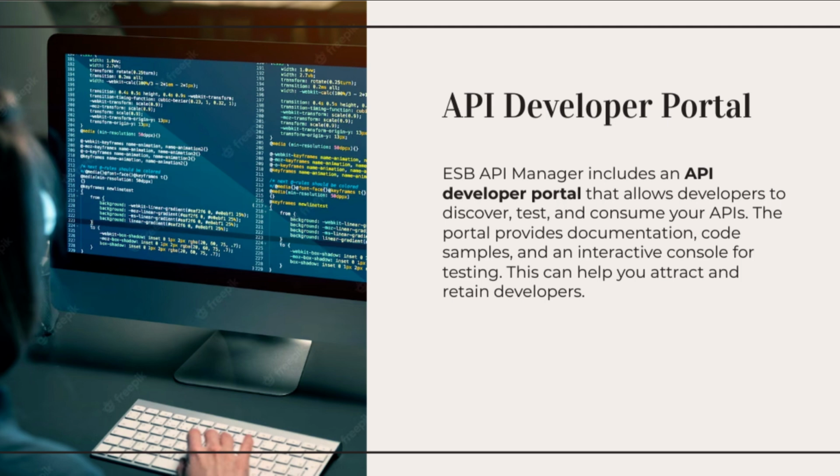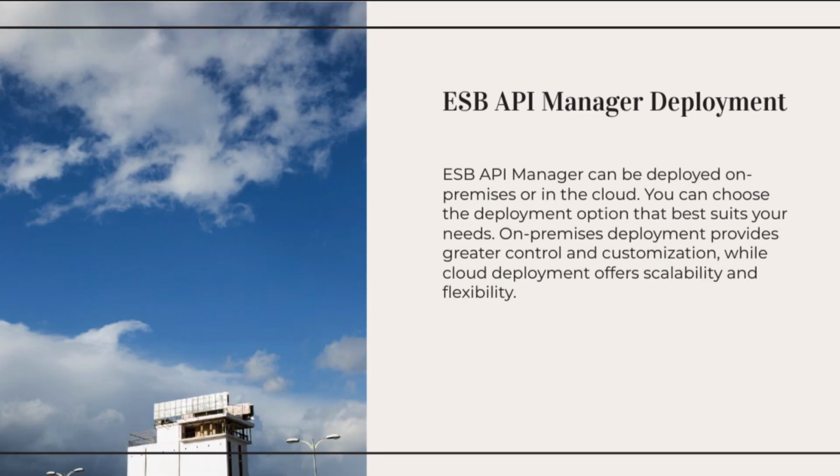8. Secure Partner Integration. ESB API Manager enables secure integration with external partners or third-party systems. It provides features like federated identity management, partner onboarding, and access control to facilitate secure collaboration and data exchange. You can define partner-specific security policies, establish secure connections, and monitor partner API usage to ensure compliance and protect sensitive